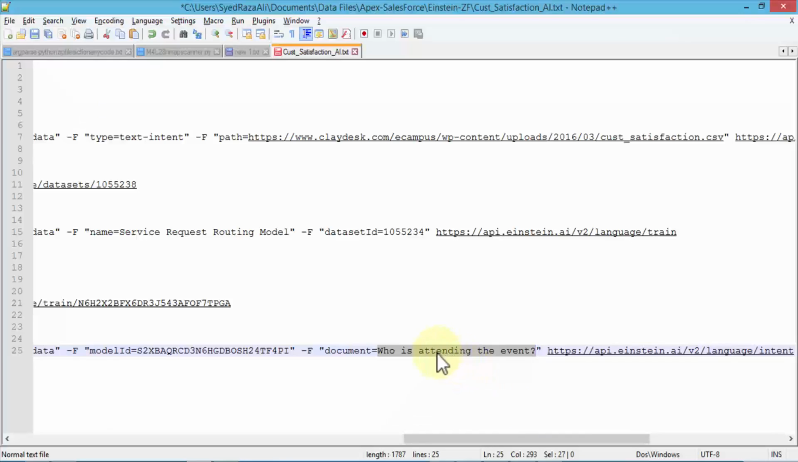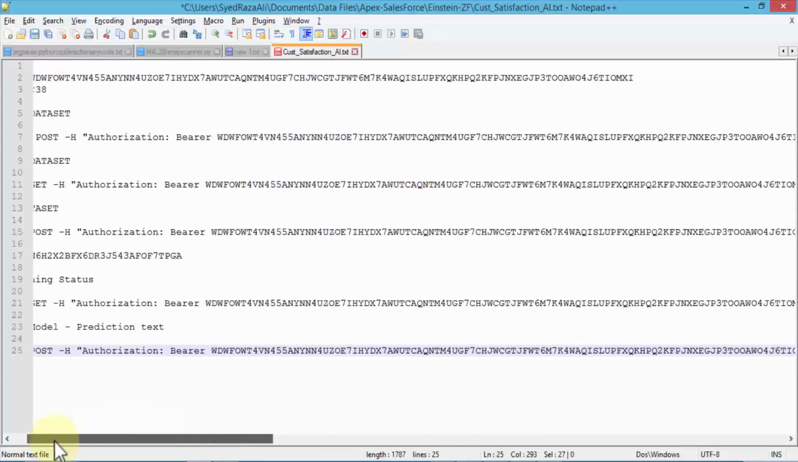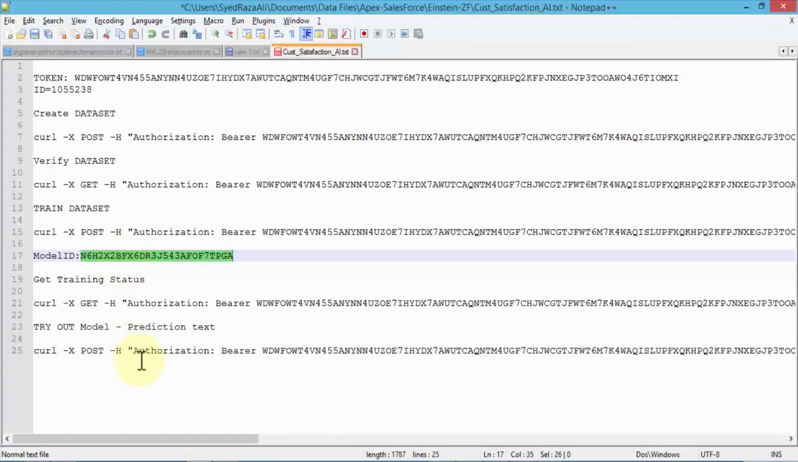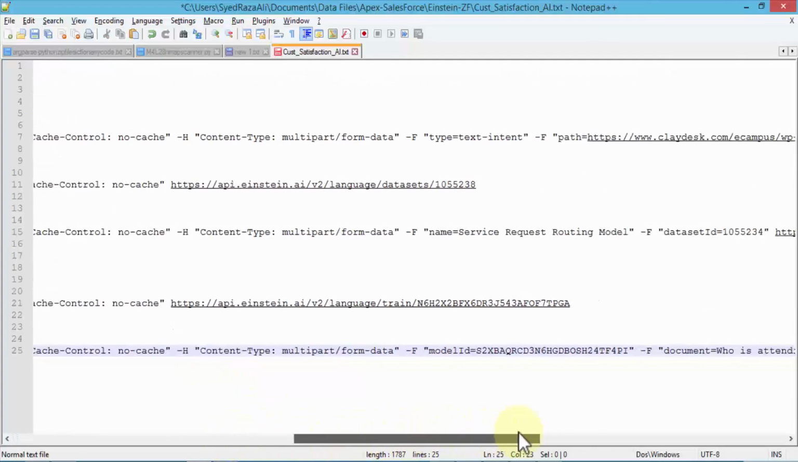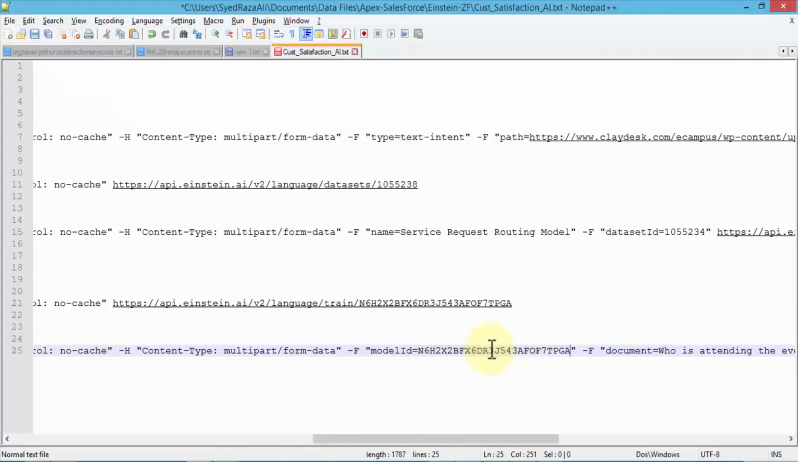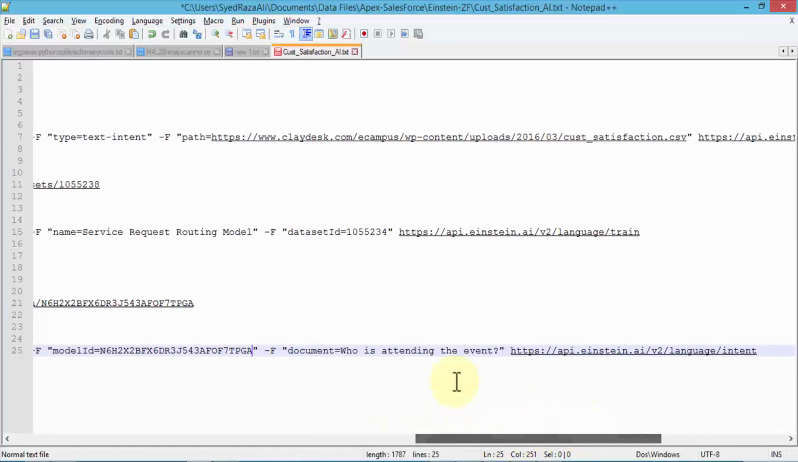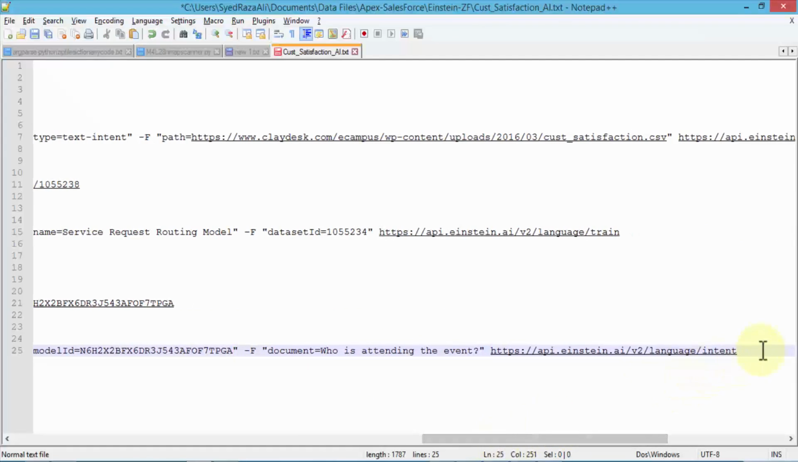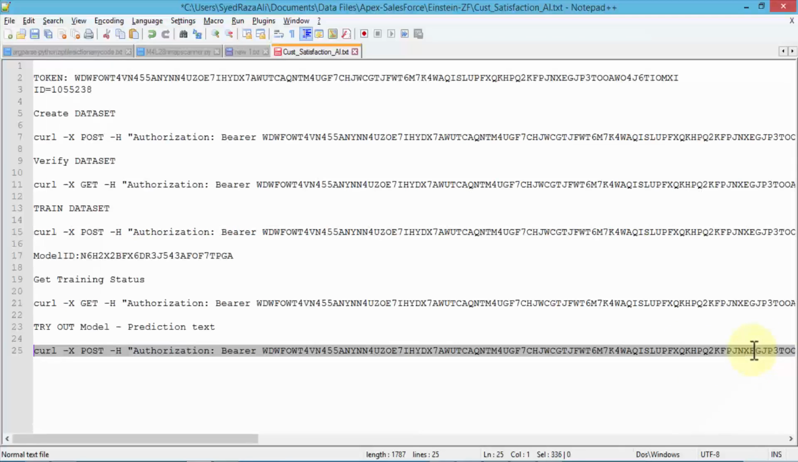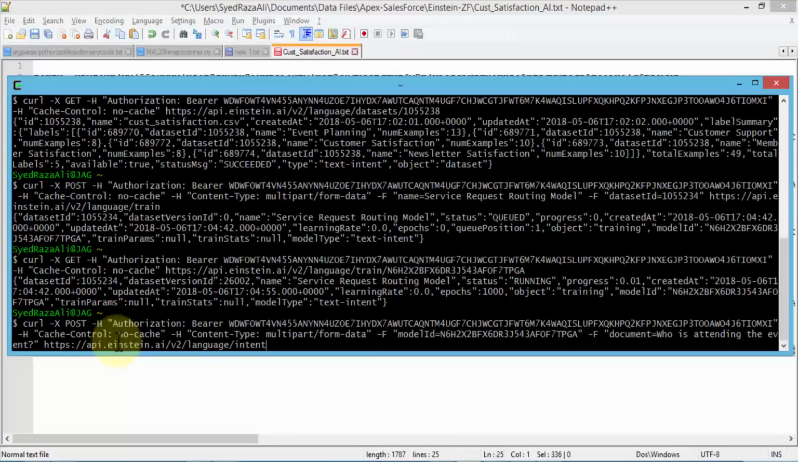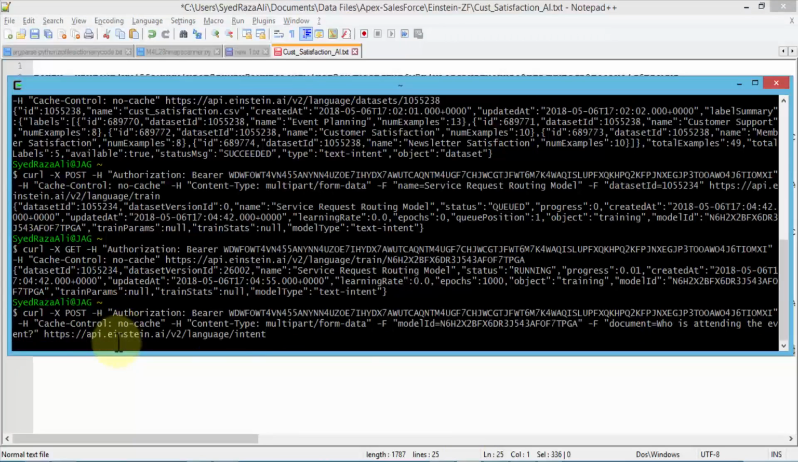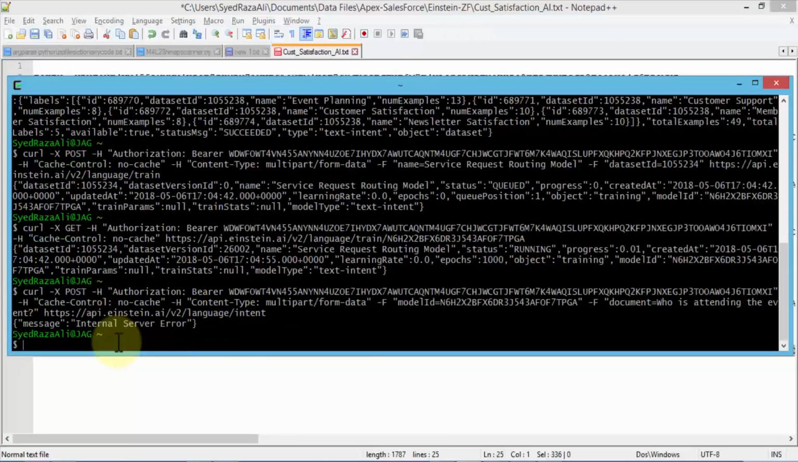So I'm going to use who's attending this event, but I'm going to make sure that my model number is copied again, and then I'm using the correct model number here. Okay, otherwise of course I'm going to get an error. Perfect. So the text is who is attending the event. So Einstein is going to look at the intent at this point, right? It's going to evaluate. So I'm going to copy this final step, bring up segment, paste it, and then hit the enter key. And this is going to give me the probabilities and statistics